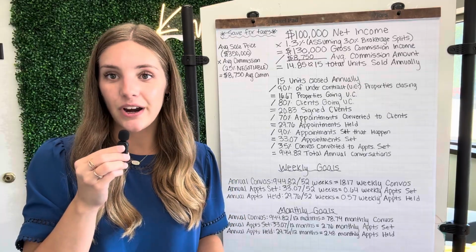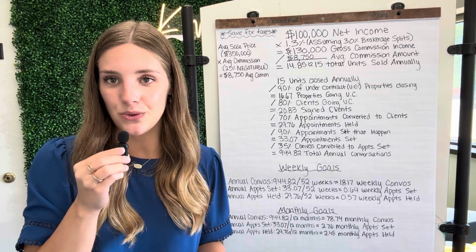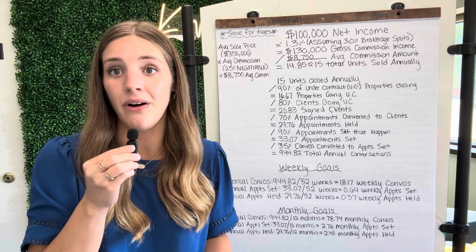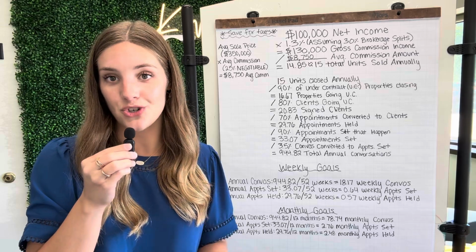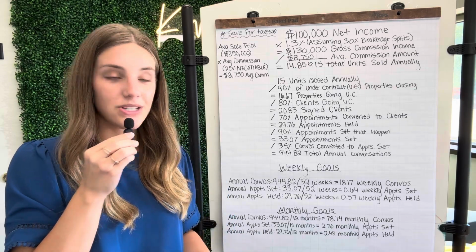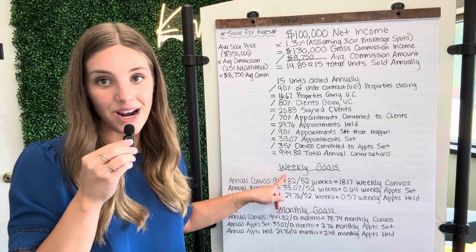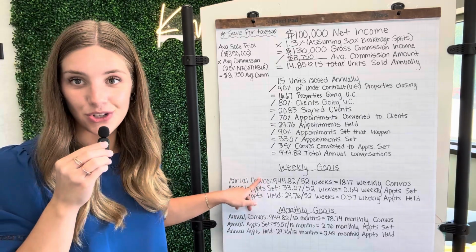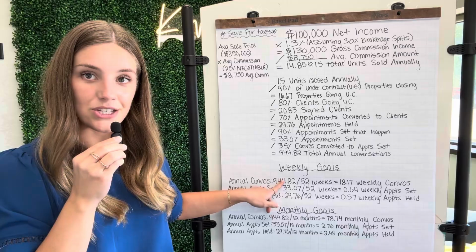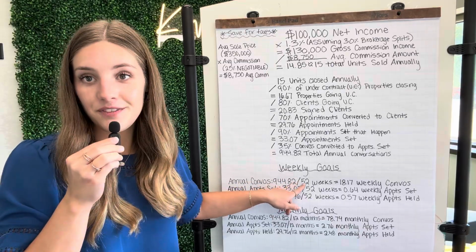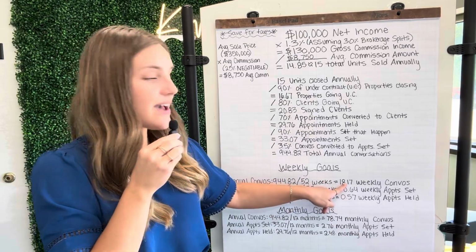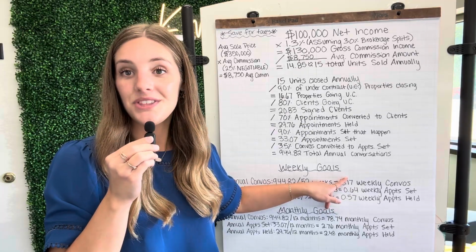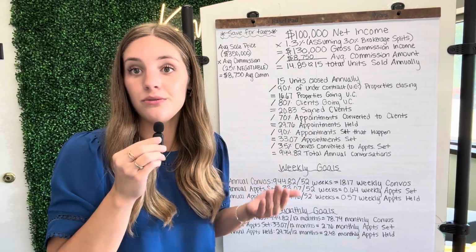Now, the next thing is to figure out, okay, how do I use this to create my business plan? What do I need to be doing every week, every month, every day in order to make sure I'm on track? So now we're going to jump down into our weekly goals down here. So what we're going to do is we're going to take your annual conversation goal, which is the 944.82, and we're going to divide that by 52 weeks in the year. That means that every week you need to be having about 18 conversations with different people in order to set